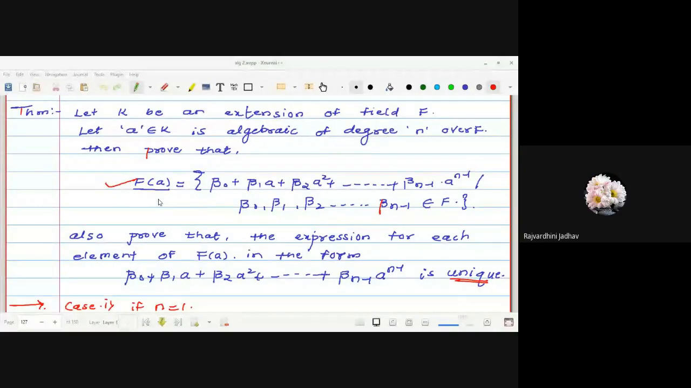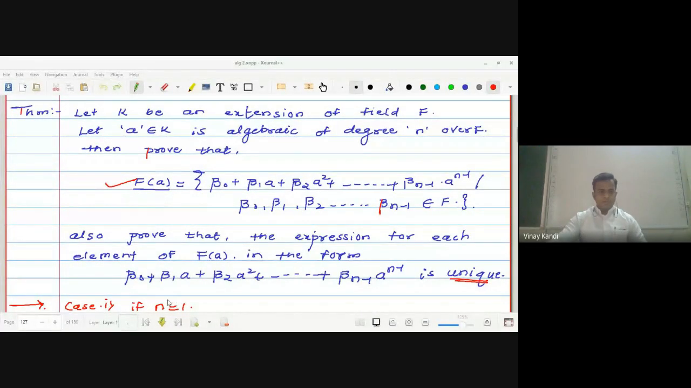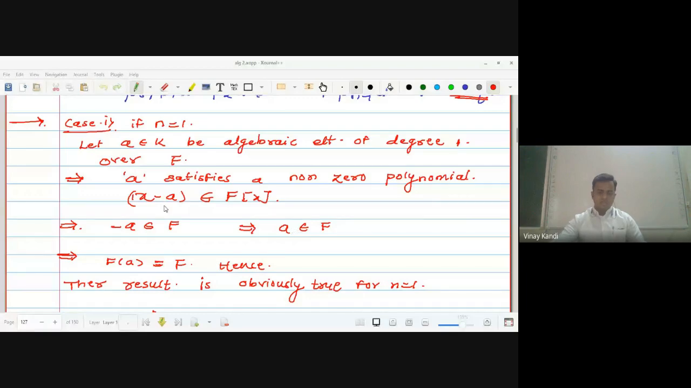Yes, sir. Okay. So in the previous lecture we've seen in theorem: let K be an extension of field F, and A be any element of K. It's algebraic of degree n over F. Then prove that F(A) is equal to b0 + b1 a + b2 a square and so on up to bn-1 a raised to n-1, where all the coefficients belong to F. And also this representation for any element of K is unique. Now the next theorem is,